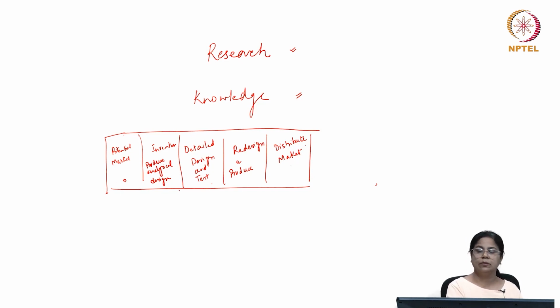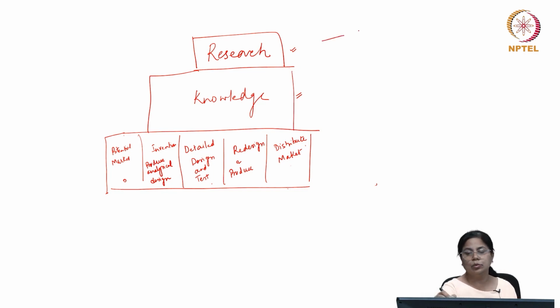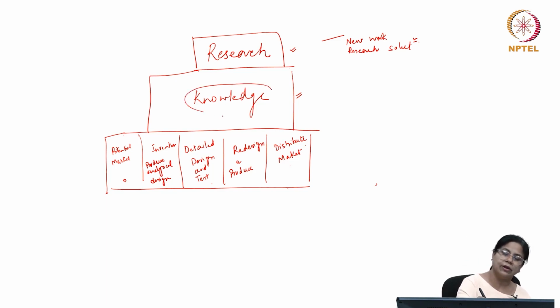So the linear channel is rather clear. Here at the top you had the research, that means to conduct new work or research in order to find a specific solution. In addition, the model also provides for knowledge. The knowledge here essentially refers to the existing state of the art.